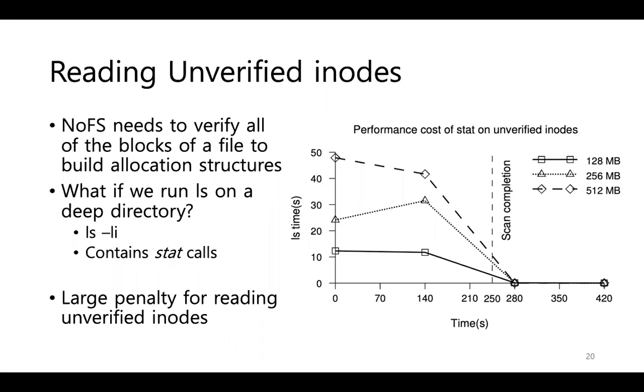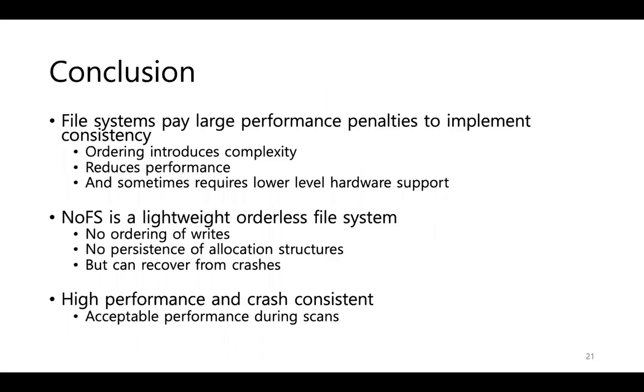Depends on the users. So to conclude, file systems in general can pay large performance and complexity penalties to implement consistency because of things like ordering, which can also require at times lower level hardware support too. So in this paper, they introduced NoFS, which is a file system without ordering and no persistence of allocation structures, but at the same time, we can recover from a crash. We can claim high availability because we can use the file system right away without a long initial scan. And while the performance is high and it's crash consistent,